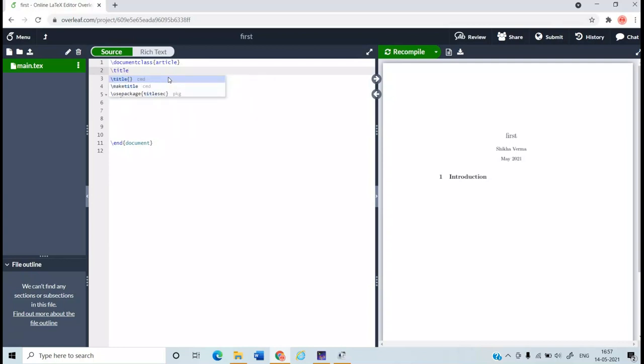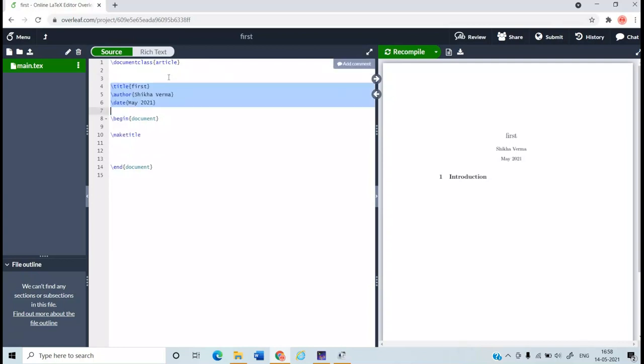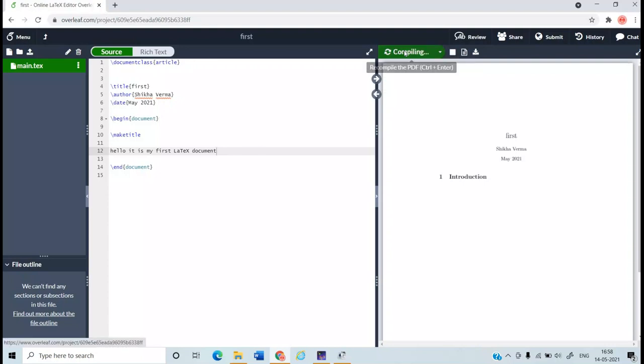Okay, so when you type here, like we have done in the previous example, just write title, just showing you. So hello, it is my first LaTeX document. Now to see the output of this particular file, you just have to click on this recompile button.